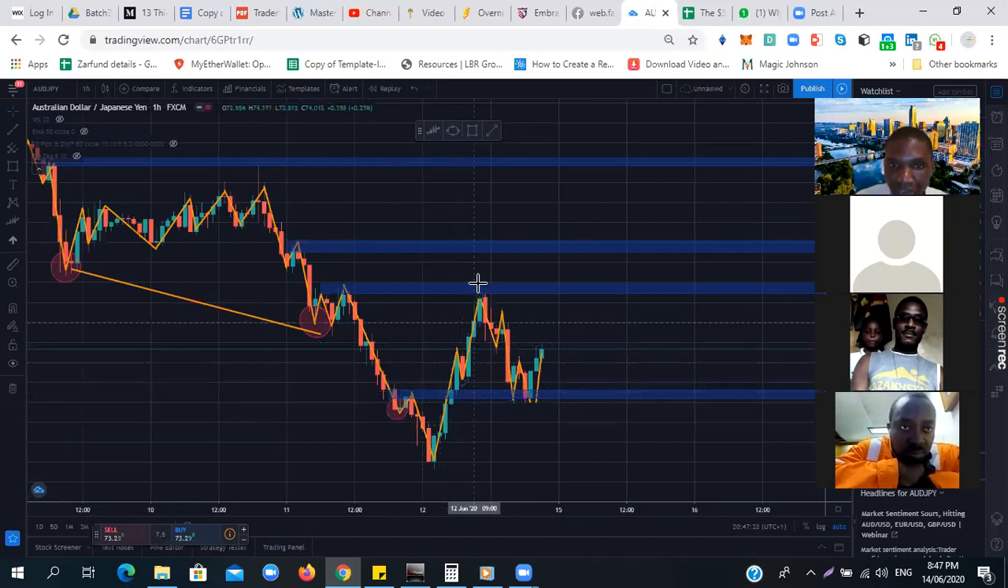Did you notice that price came all the way to this same zone here, this point, which is a structure? And then it pulled back. Look at this, it pulled back from here. So when you understand this 48 pips, you will know